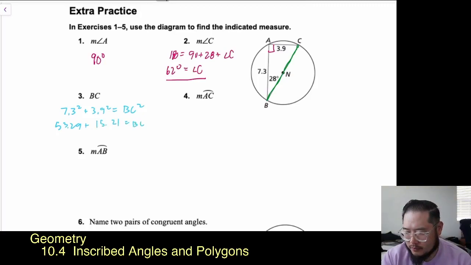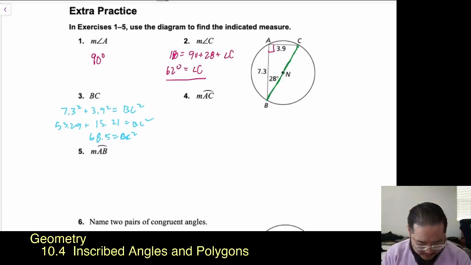That is important because if you keep rounding throughout the question, when you get to the end, you've rounded so many times that your accuracy is not going to be there. So make sure when you show your work, you have all your numbers down and then wait till the very end